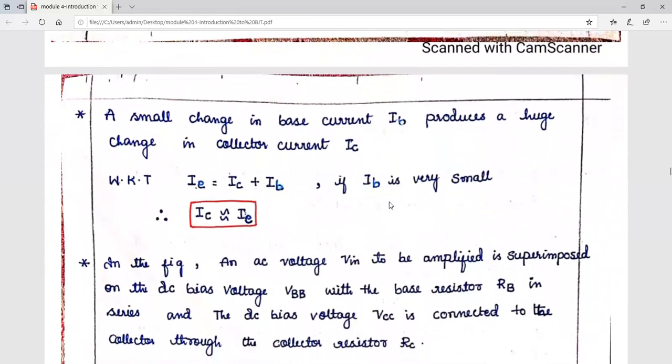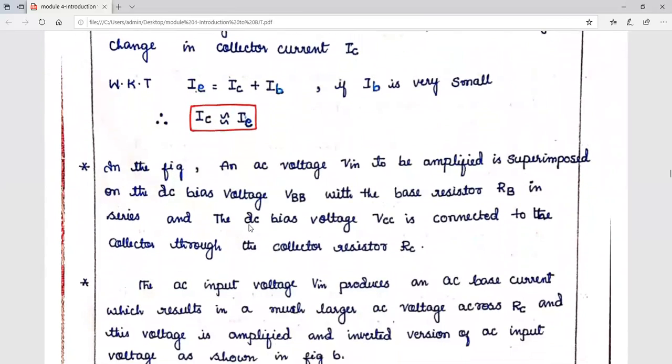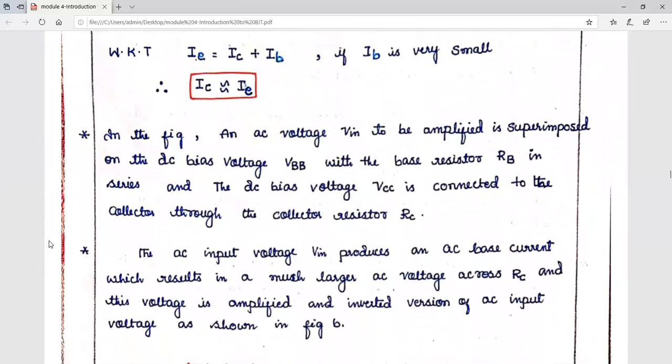Now, we also know that IE is equal to IC plus IB. If IB is very small, then IC is almost equivalent to IE. And in the figure, an AC voltage Vin to be amplified is superimposed on the DC bias voltage VBB with the base resistance RB in series, and the DC bias voltage VCC is connected to the collector through the collector